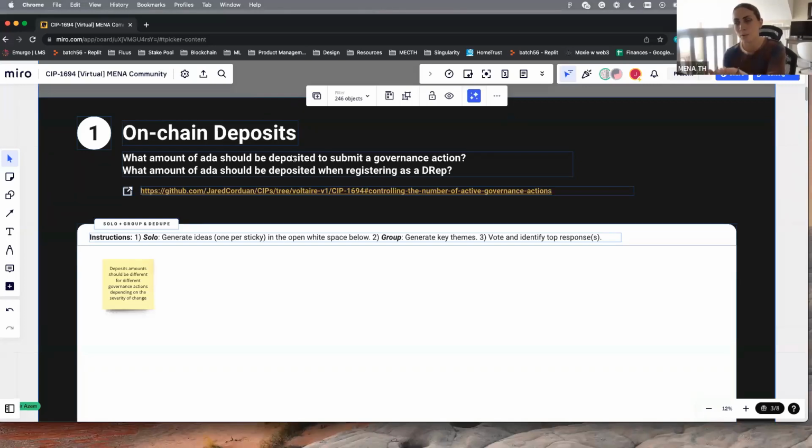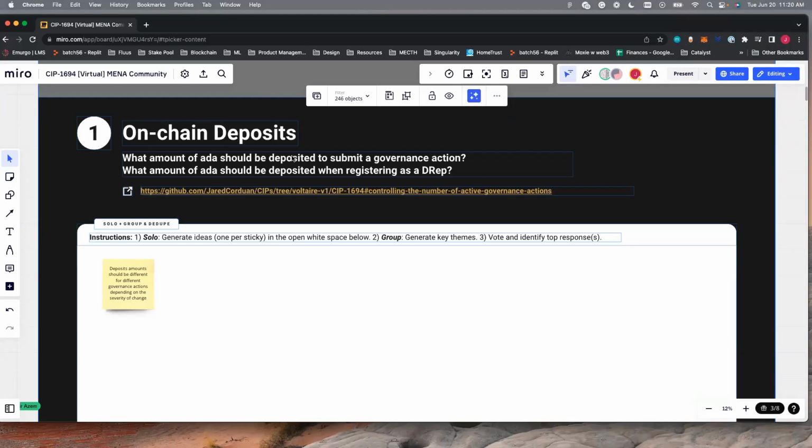And the way I think of the DApp deposit, I imagine it's similar to the stake pool pledge. I think the stake pools that have a higher pledge, it's like skin in the game, and it kind of gives them credibility. So I would want to say that a deposit for a DApp should be enough that it warrants some sort of credibility, but at the same time, it needs to be inclusive enough for people that just don't own a lot of ADA. Yes, and a DApp might not have a lot of ADA, but might have a lot of good ideas and want to attract people to support him.